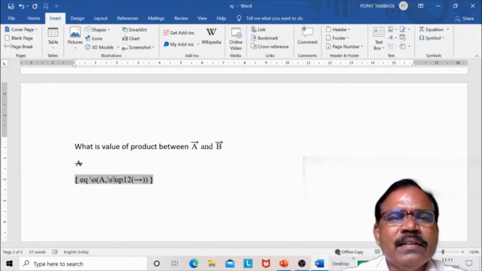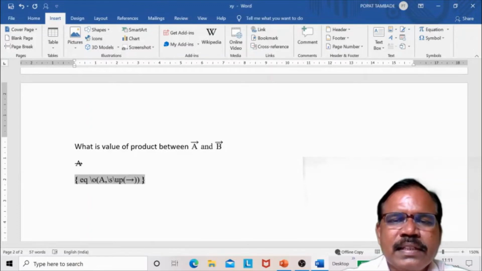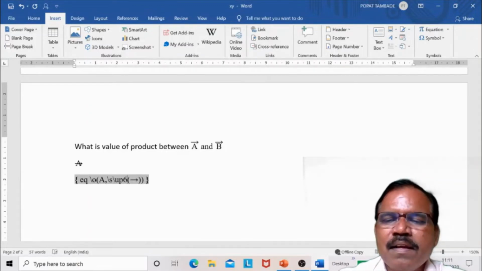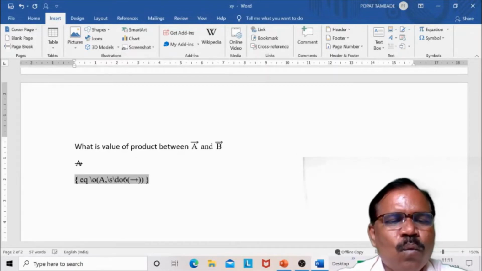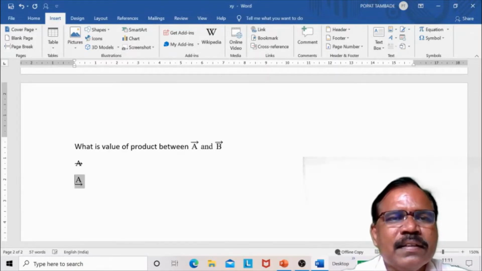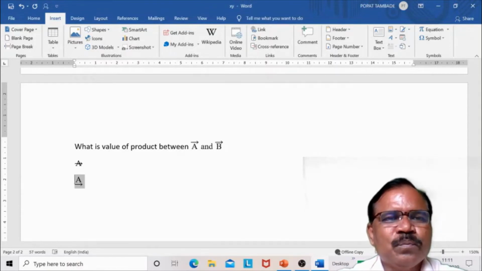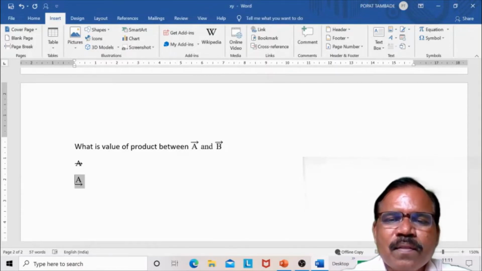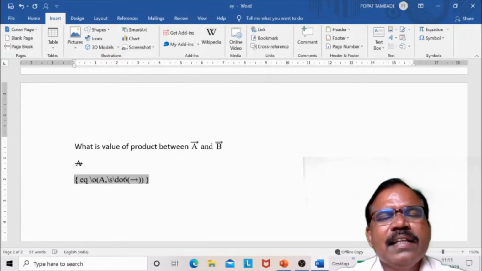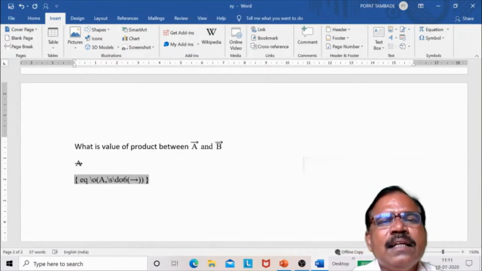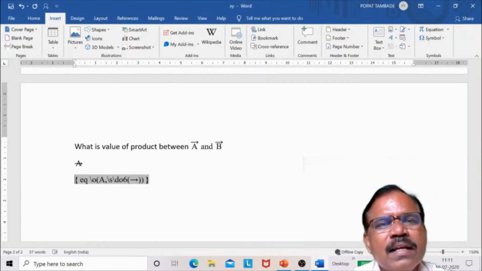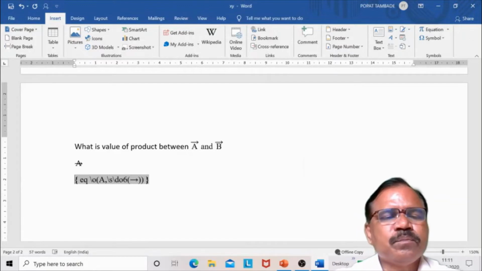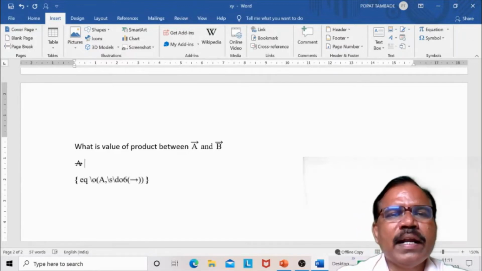So I will take here 6 points. But if I take here, suppose, \DO and Shift F9, that arrow goes down. So in this case, that backslash S acts as a subscript and it goes 6 points down from the center. So in this way, you can write a vector.